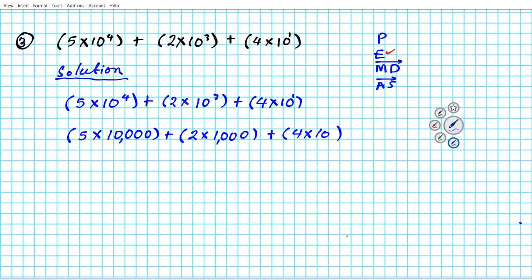Moving along, we now have multiplication and addition. We're going to do multiplication next, following the order of operations. So when we multiply, we're going to have 50,000 plus 2,000 plus 40. All right, now let's go ahead and add. We're going to add downwards. All right, so we have